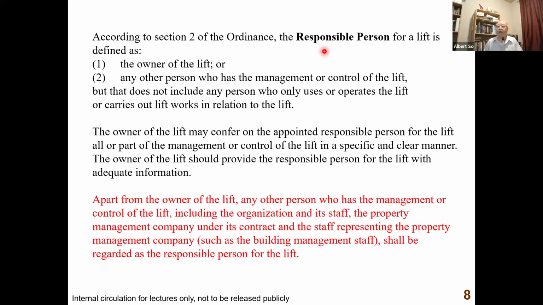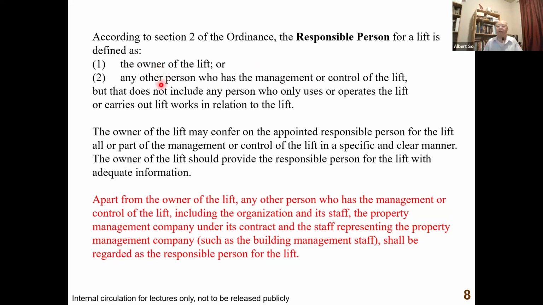So you can see here, the responsible person is the owner and/or any person who has the management or control of the lift. In the past, only the owner of the lift was responsible, and if there was any accident,